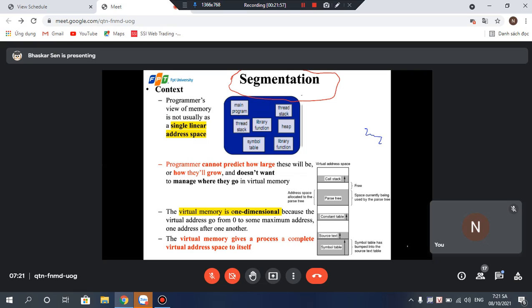But the entire program, when it is presented to the CPU, the CPU doesn't look at it in a two-dimensional way. For the CPU, it's a very straight, linear, one-dimensional thing, just like one single line, and everything sequential. Okay? And that's how it generates the address space 0 to n.